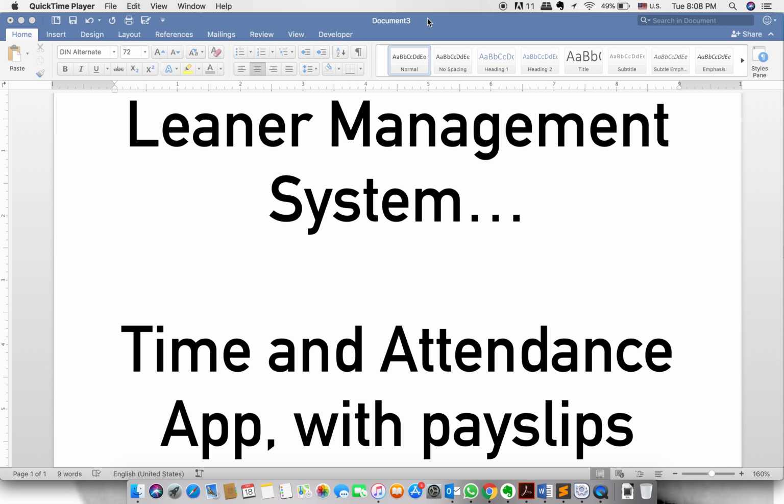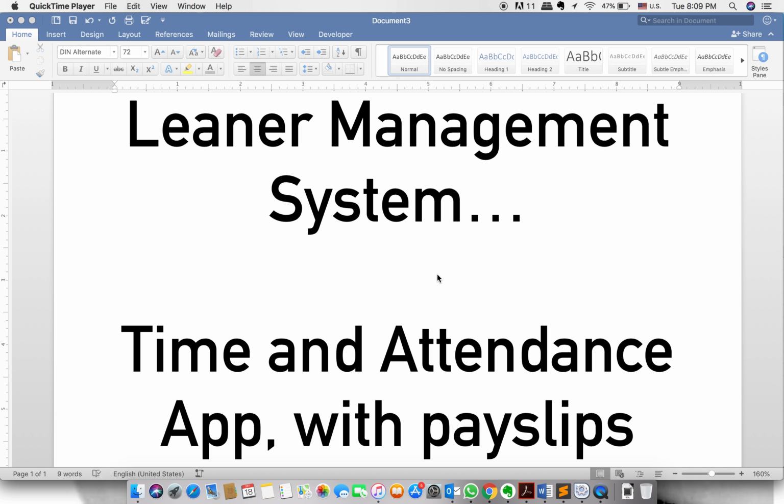And this time, I am just going to take you through our learner management system. It's a basic time and attendance app that employers can use to track whether the interns that they have, either deployed offsite or internally, are they coming in at work and are they doing what they're supposed to do. This app will basically make sure that the interns are able to check in and check out,